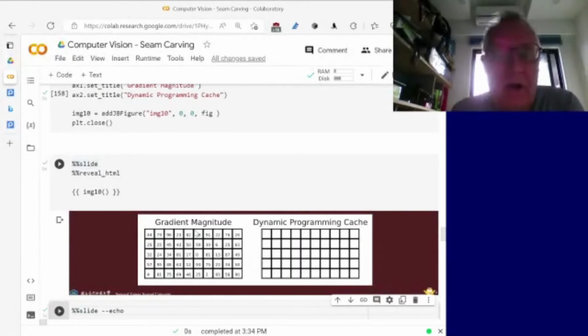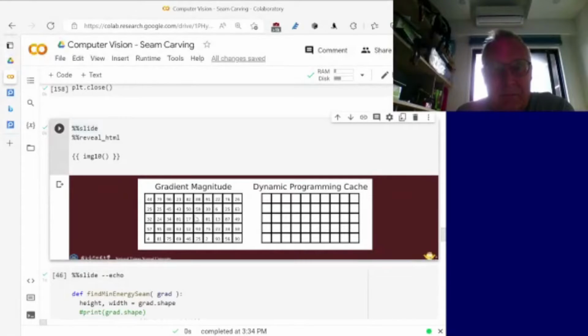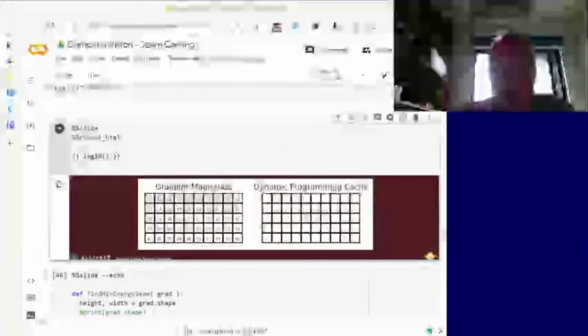So here we start out, we have the image with the gradient magnitude. Initially our dynamic programming cache, our carve, is empty. And then we set it first so that with the top row here,